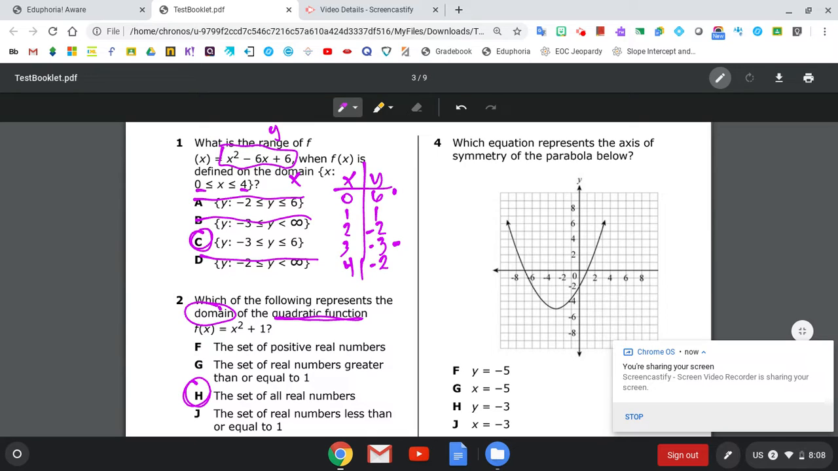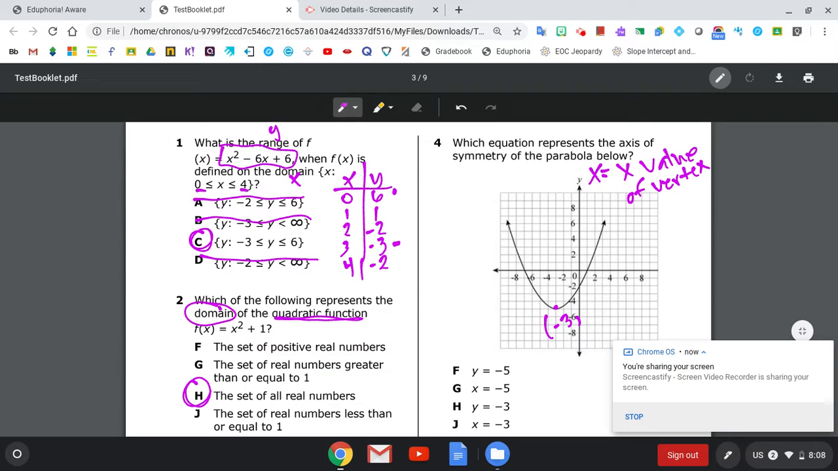All right, number 4, which equation represents the axis of symmetry? So you have to remember that your axis of symmetry is going to be x equals the x value of your vertex. So I'm going to find my vertex, which would be right here. And that ordered pair would be